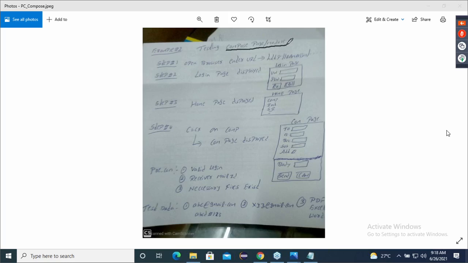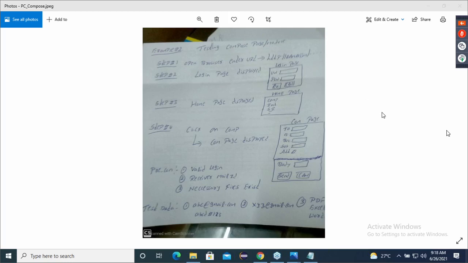Now even if you want to do functional testing on compose, my step number 1 is I have to first open the browser and enter the URL. Required or not required? Even if you are testing compose. Obviously, my step number 1 is open the browser, enter the URL. So you tell me, is the precondition there or not there in step number 1?